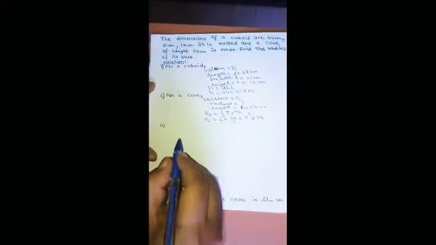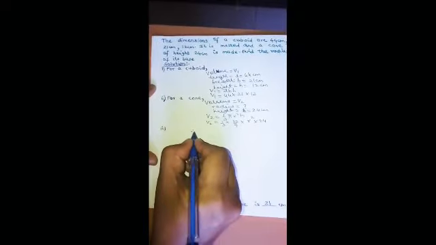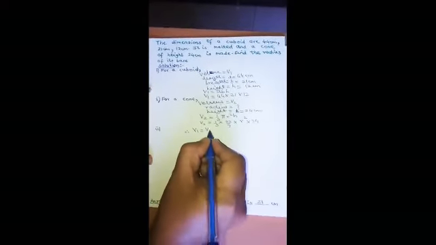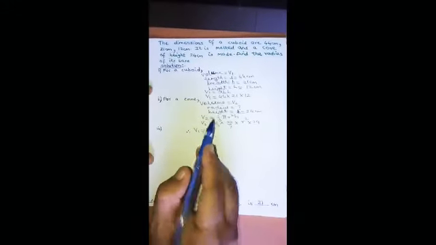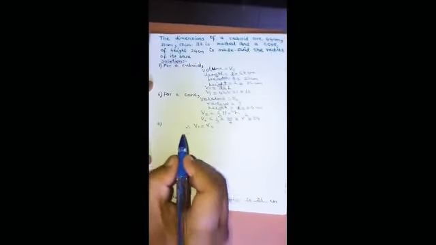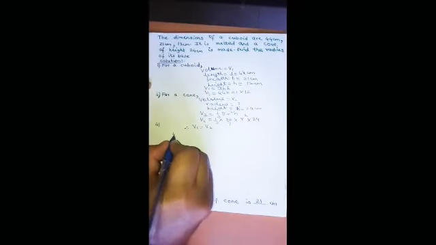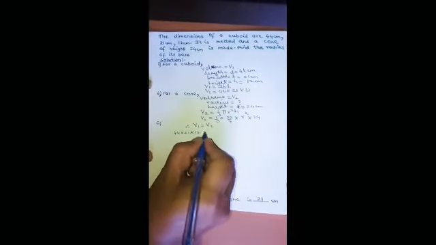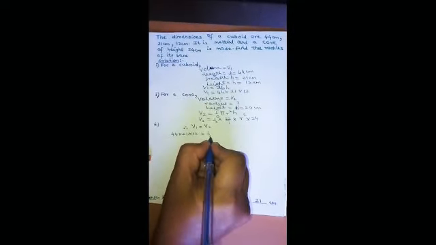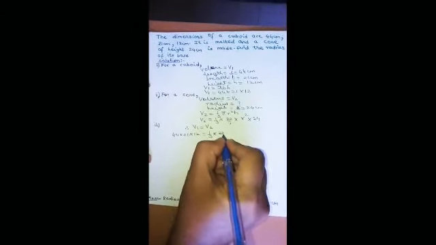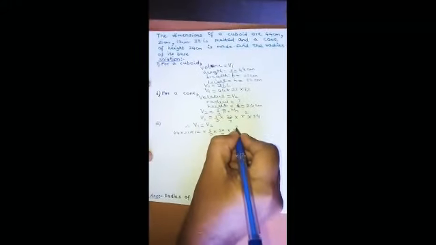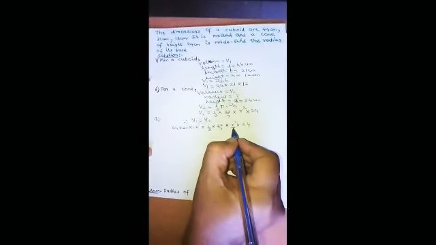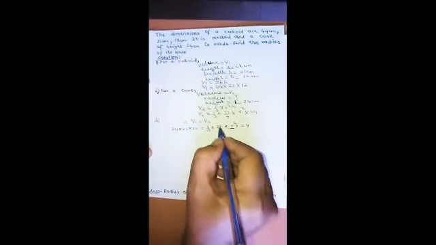In the third step now, we will write therefore V1 equals to V2, and V1 and V2 we will substitute the values from step 1 and step 2. So for V1 we will write here 44 into 21 into 12. For V2 we will write 1 upon 3 into 22 upon 7 into r square into 24. Now we have to find the value of r. So let r be on one side, rest all the numbers take on the other side.